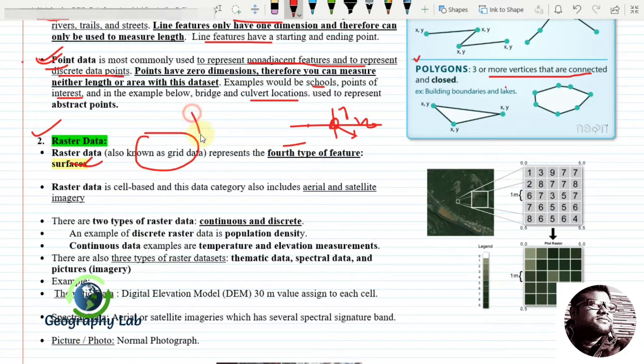That means if we draw some kind of pixel area or grid area, and each pixel has some kind of value, and these values are represented through a different color scheme, then the output is usually called raster data. So it is the cell-based or grid-based data. It basically categorizes the aerial or satellite imageries which are taken from the satellite as well as through the aerial survey.